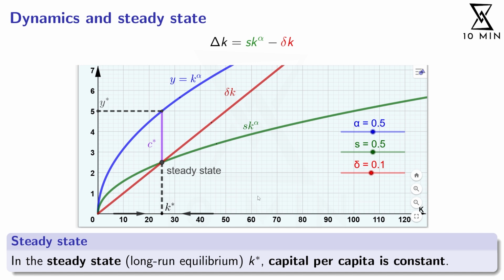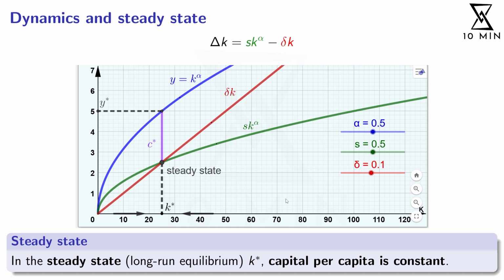And in order to find my delta K, my change of the capital stock, I now have to subtract simply the depreciation. But depreciation is simply the share delta of the capital that I have right now. So for example, here I set delta equal to 10%. So graphically speaking, this is simply a straight line with the slope 0.1. So for example, if you have 60 units of capital, then 10% of that is depreciated, right? This would mean your depreciation would be 6.